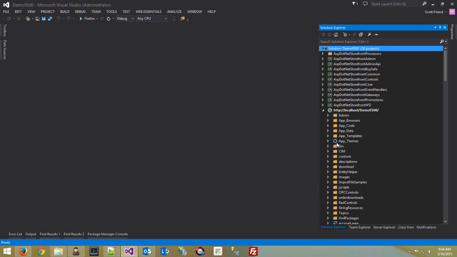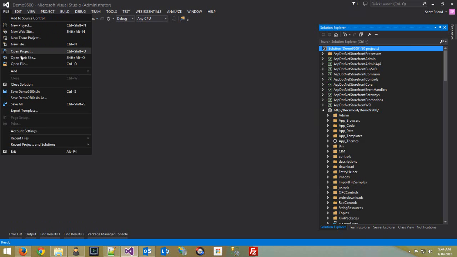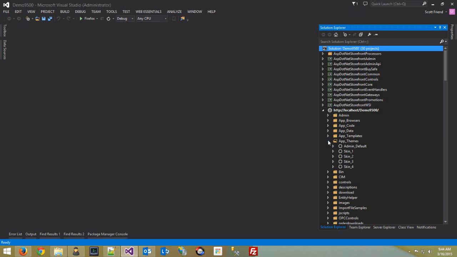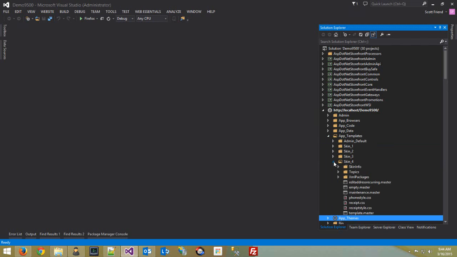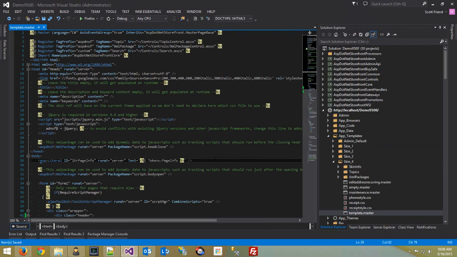And even if you just have the website, you can come up here and go File, Open Website, and then just browse to the folders and start working with them that way. So anyway, we're going to go find skin 4 that we just created, and we're going to work in App_Templates, skin 4, and we're looking for the template.master file. So I'm going to open that up,